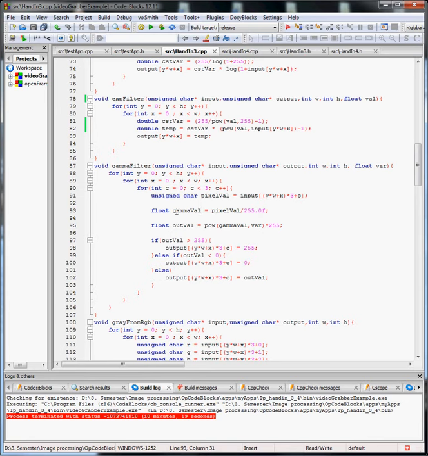I want this gamma value to be a float, so I need this 0.0f to make it a float. Now this is the outval. That is how the gamma is applied. The gamma value to the power of the variable